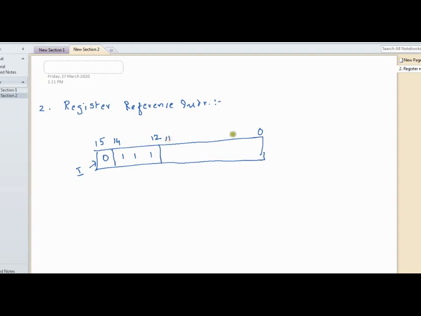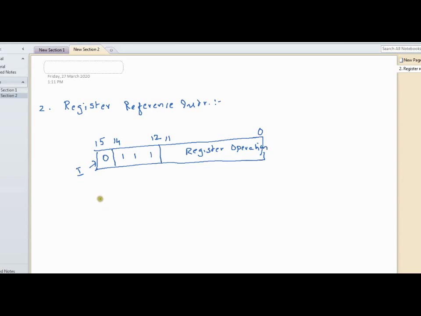The remaining bits 0 to 11 contain the binary values which represent the register operation. We will see shortly what the register operations and memory reference instructions are.